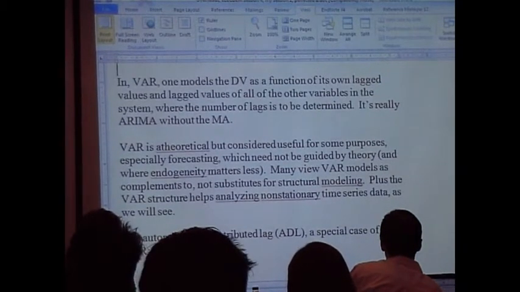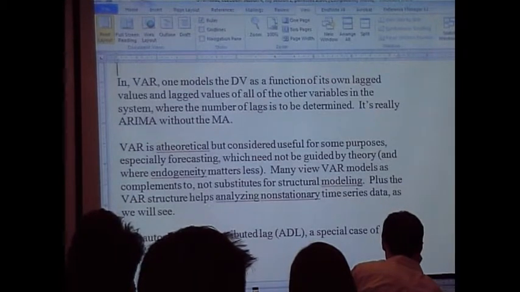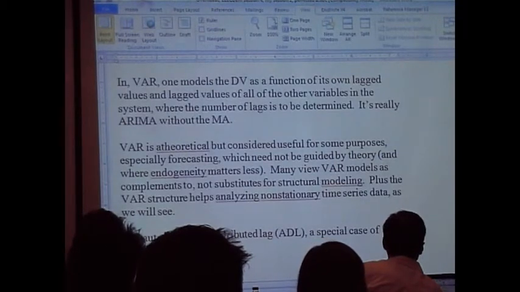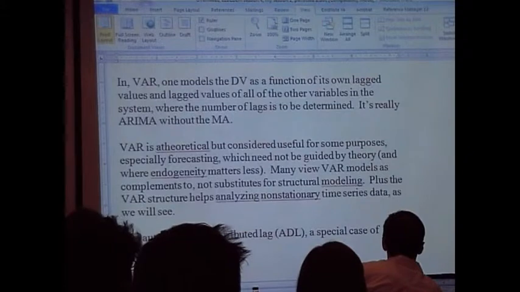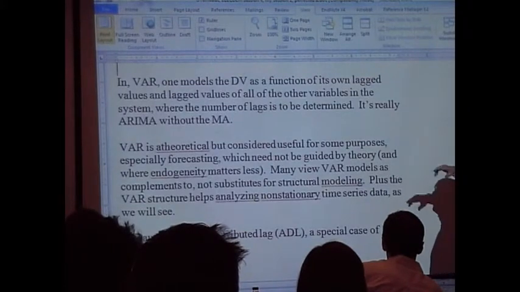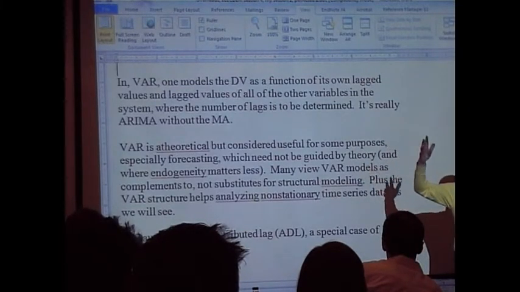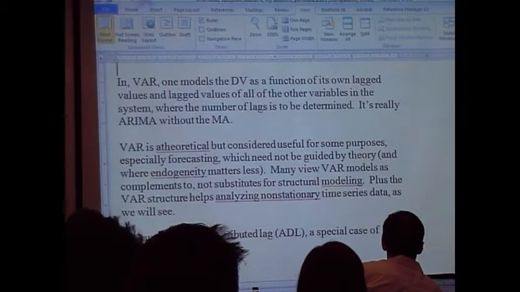It models a dependent variable as a function of its own lagged values, plural, and lagged values of all other variables in the model. So if you think of it as a y and x model, you've got lag y, second lag y, maybe third lag y, maybe longer lags of y. And then you also have the same number of lags of x. And the number of lags is to be determined. How do you determine that? Mostly you start off and then you experiment. You try more or less and you see what you get in terms of